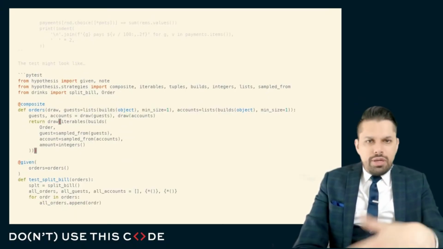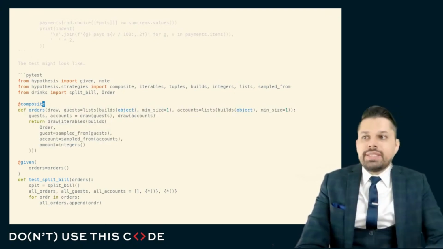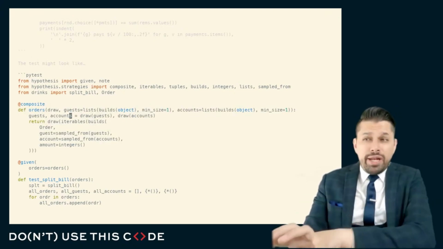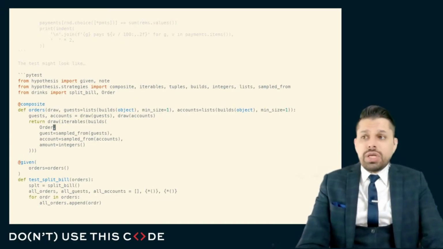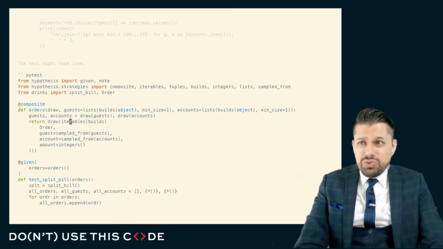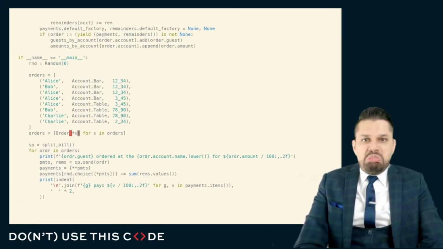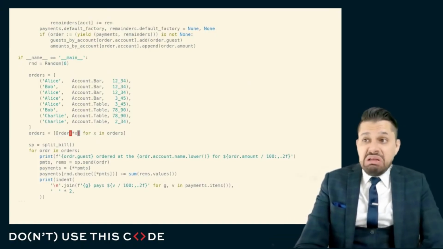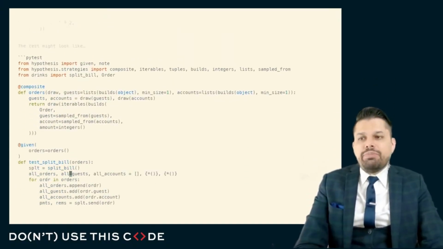As a consequence of this, we end up needing a slightly more complicated test. We need to use some sophisticated functionality of Hypothesis, in this case a composite test, where we randomly decide who the guests are, we randomly decide who the accounts are, and then we draw iterables of these order objects. Note, one nice thing about this code is we don't need to use this order object at all. Here, it's using it more or less after the fact, after defining the data, but the signature of this generator coroutine is, give me a tuple of 3 entries, and I'll give you 2 dictionaries back. And so it's a very, very simple API.